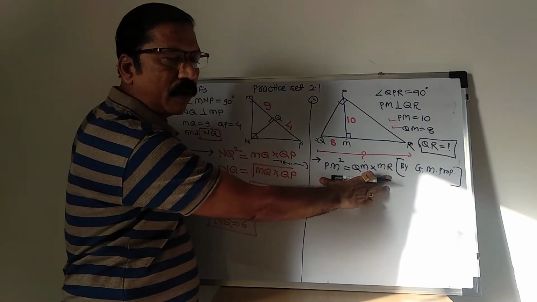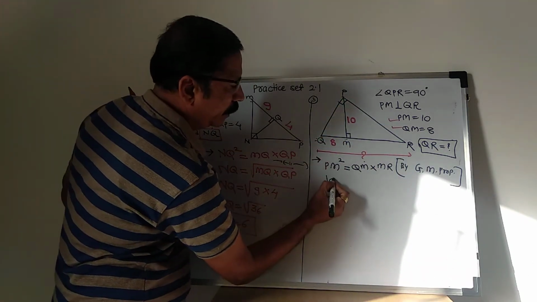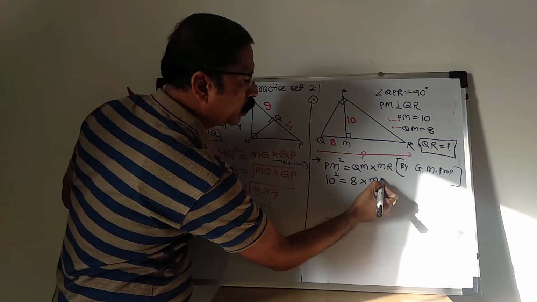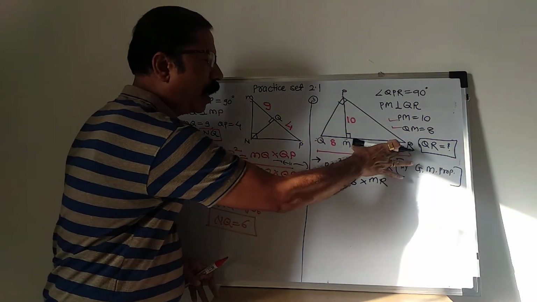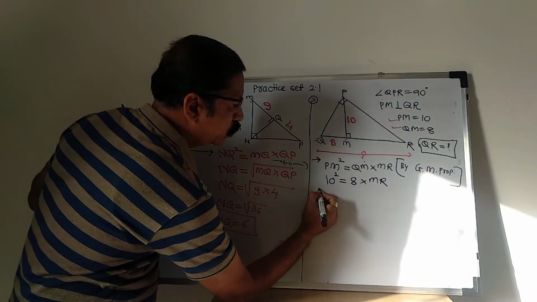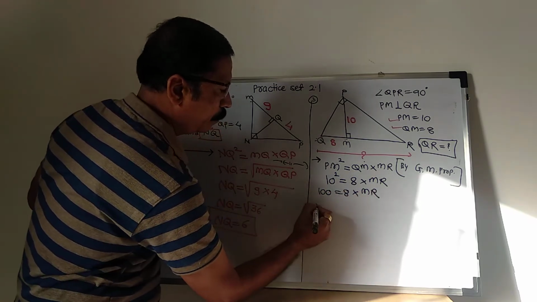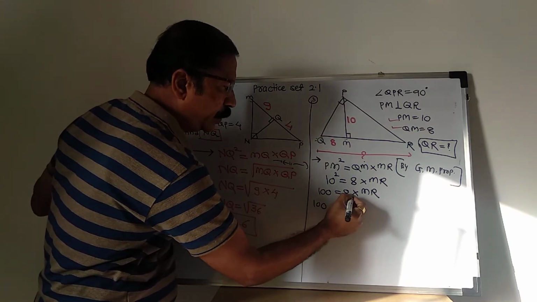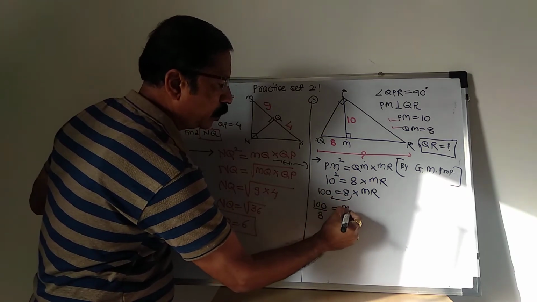First try to find out the value of that unknown segment which is not given. So PM is 10. 10 square is equal to QM is 8 into MR is unknown. So keep that MR as it is. So after calculation you will get the value of MR and then decide the segment which is required. So here 10 square is 100 is equal to 8 into MR. So transpose the term. Into 8 will become here upon 8. गुणिले 8 इकडून भागिले होईल is equal to MR.